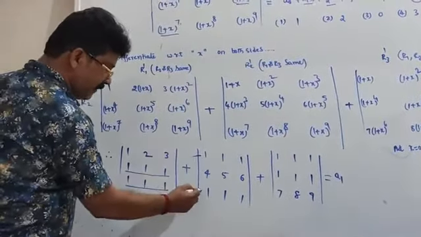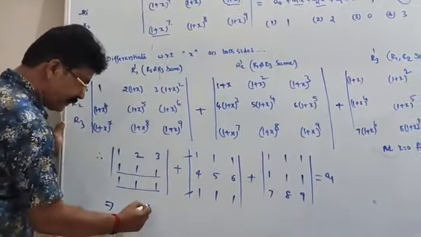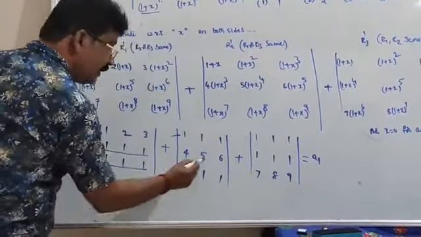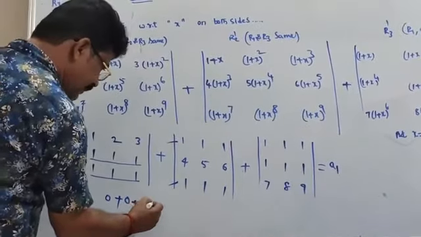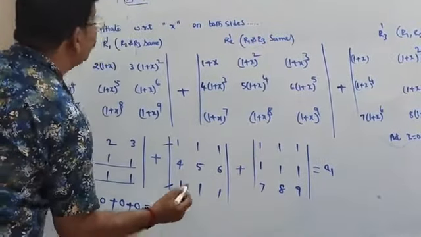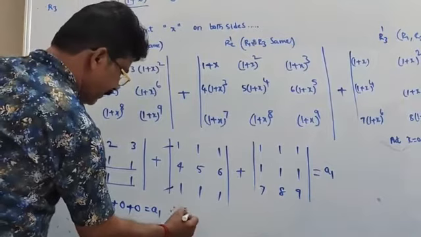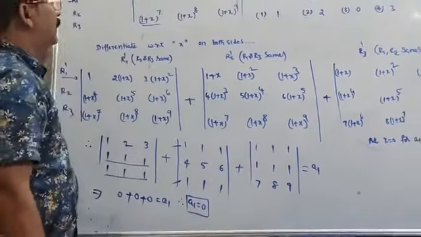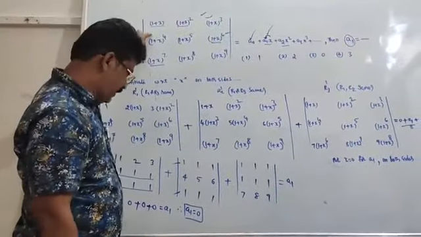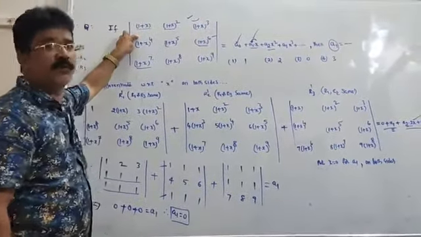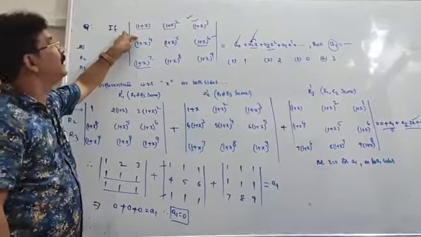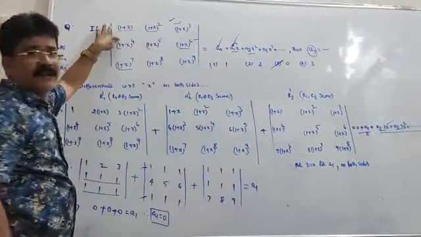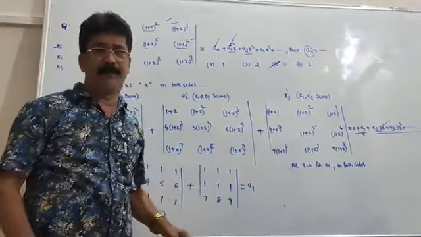Next, R1 and R3 are the same, plus its determinant is 0. Next plus it is also 0. So that is equal to A1. Therefore the A1 value is equal to 0. It means that on expanding this determinant, we are not having the x term. This is the meaning of the given question. So the third option is right. Hence the problem.